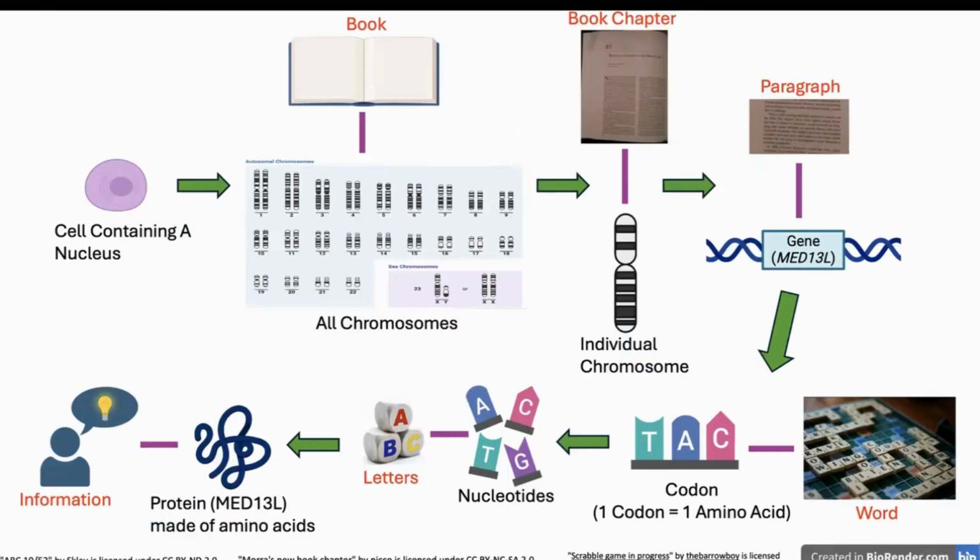You can think of all of your chromosomes together as a book and each individual chromosome as a book chapter. We have genes located along chromosomes, and you can think of each gene as a paragraph. Within genes, we have codons that are like words, and those codons are made of nucleotides, which are like letters. You may have heard that genes provide instructions for making protein, and that's true. In this book analogy, the paragraph gives you information, just as a gene gives the cell information on how to